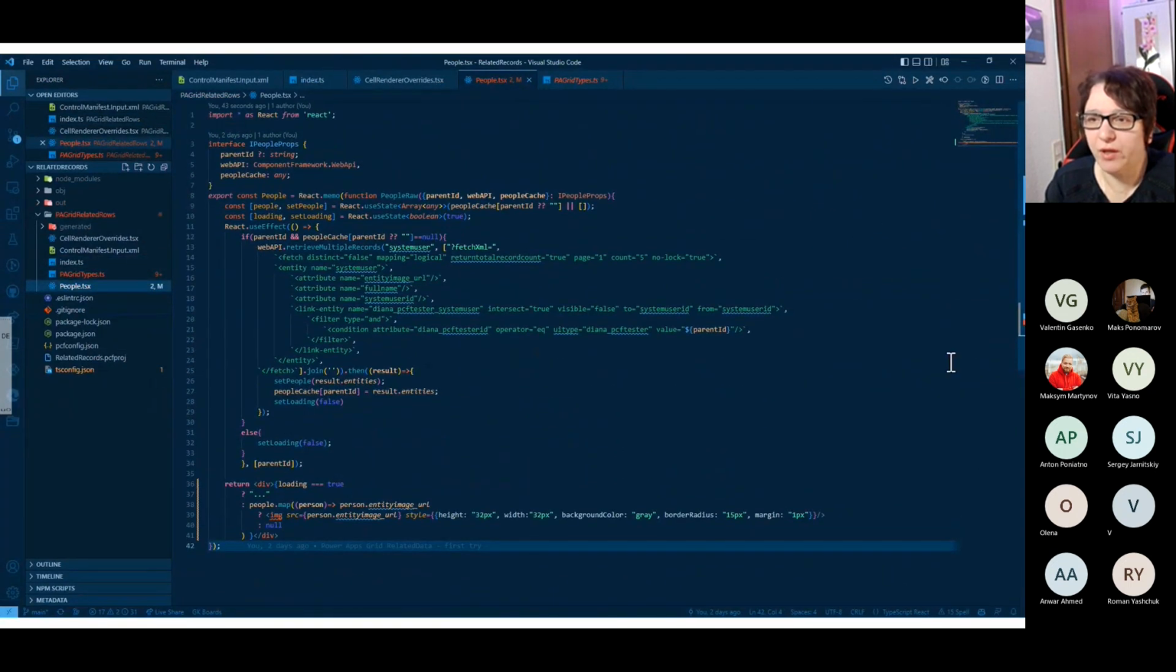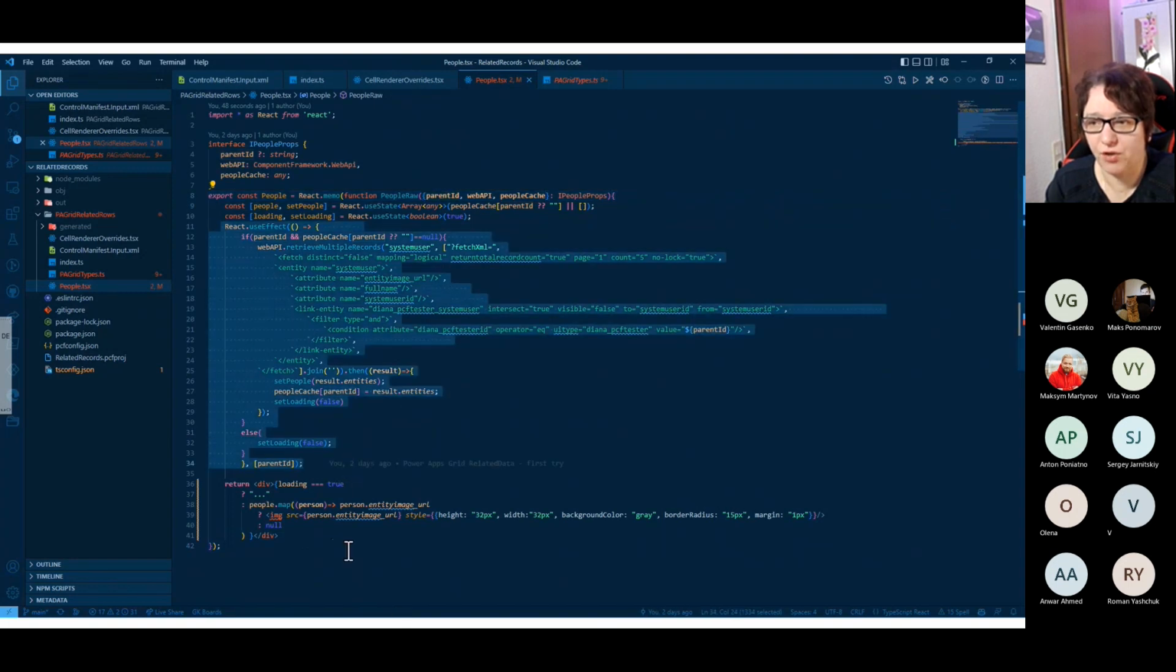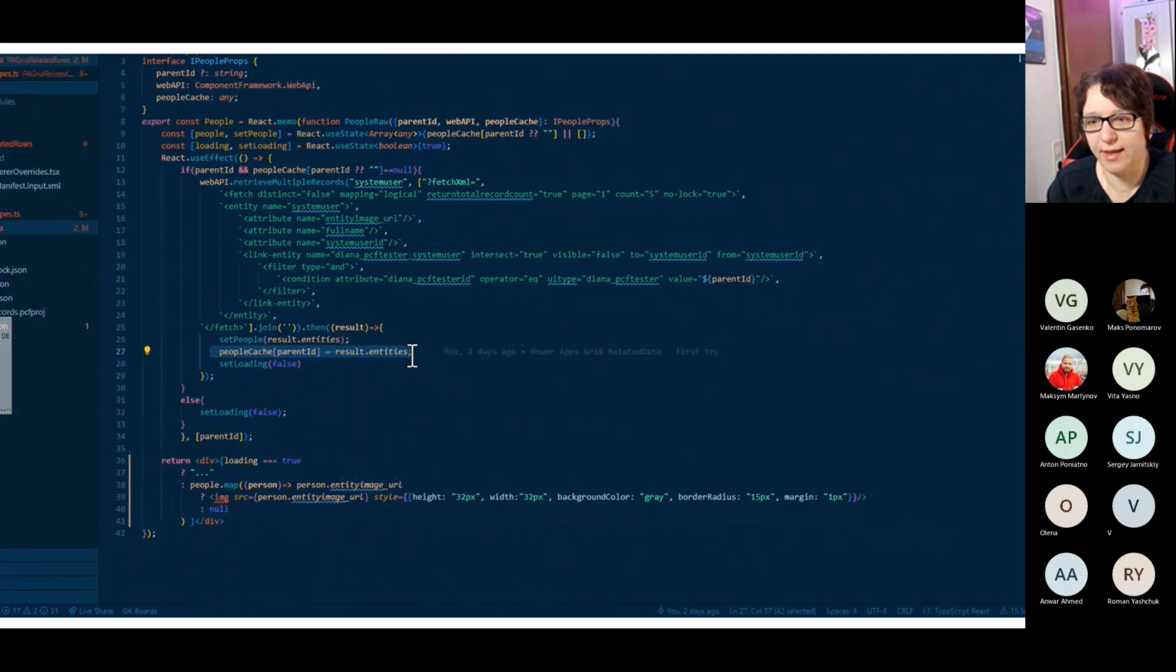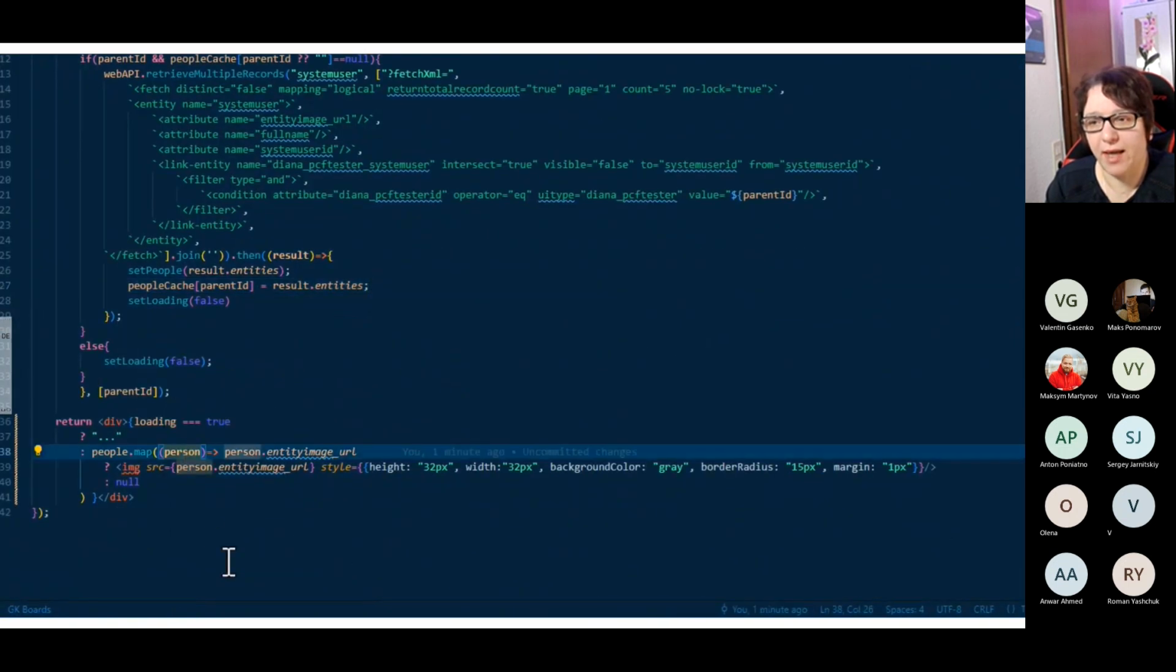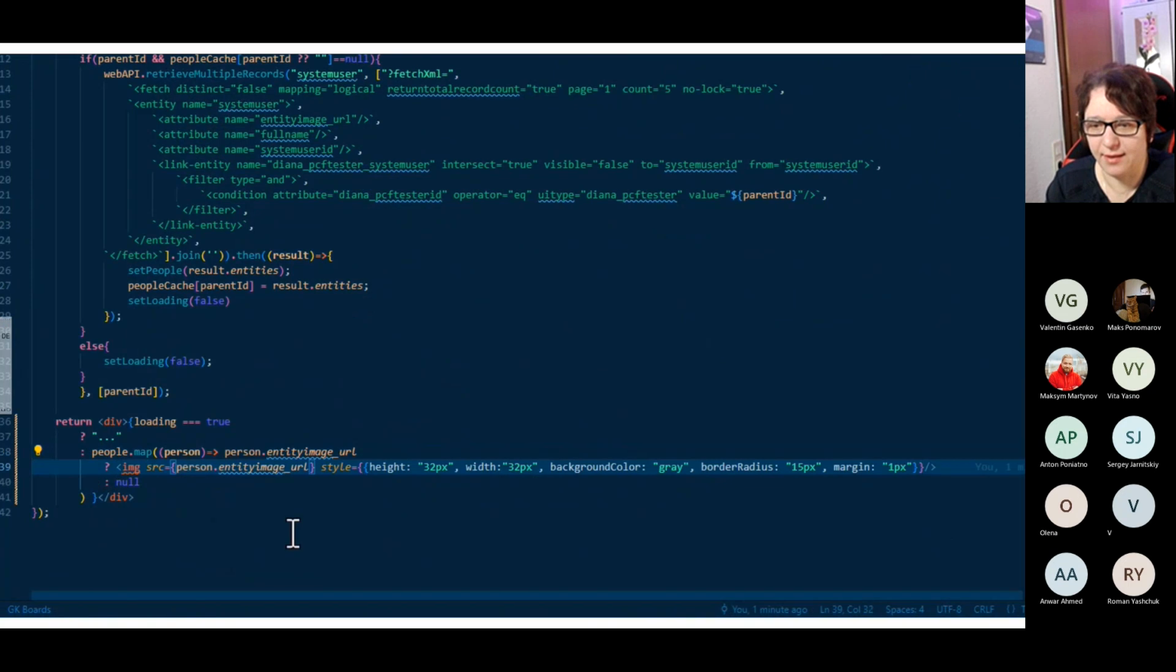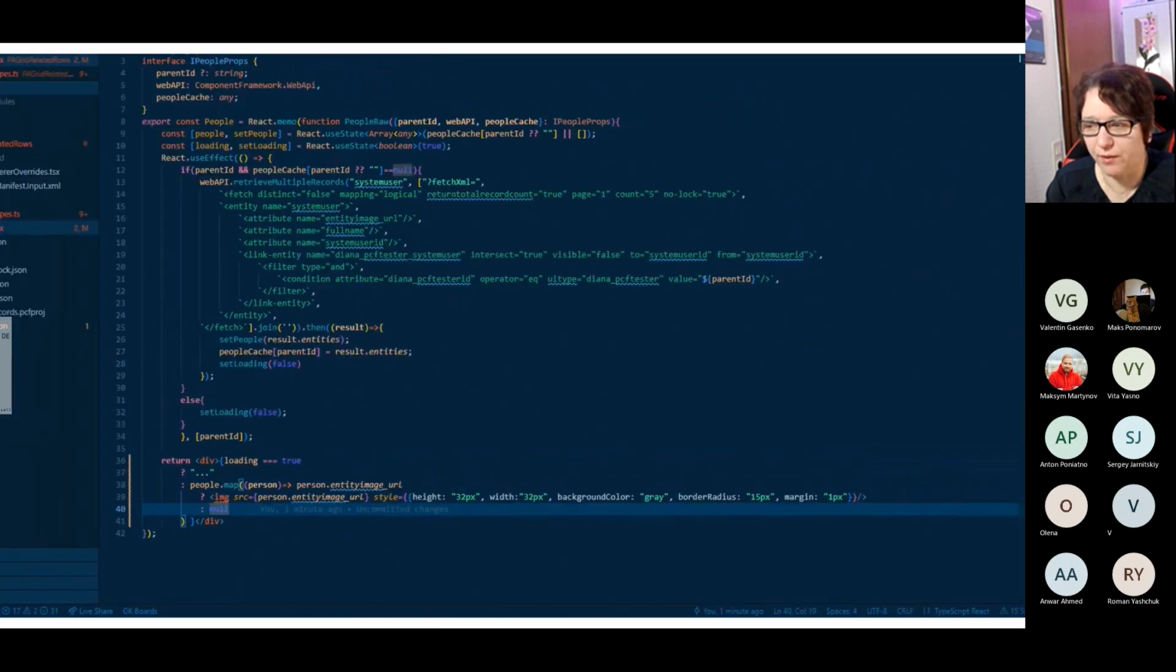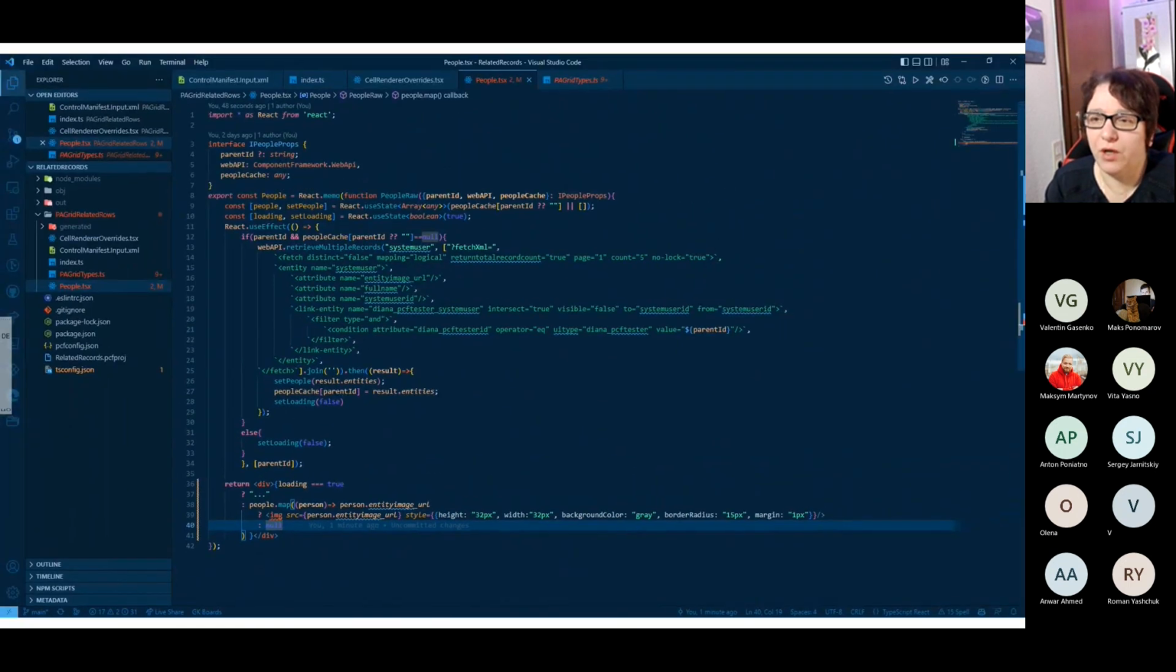And what's happening here, basically, for each cell I render, I have the record ID in the state and I make a fetch for the related users. And when it's back, I cache that inside the cache. The rest is only showing the image for each user, which I get from the Dataverse. So that's all. It's not much, but you can see from the implementation point of view, it's not really